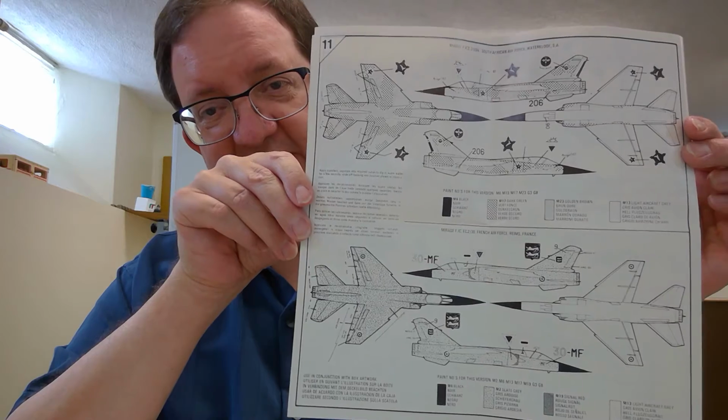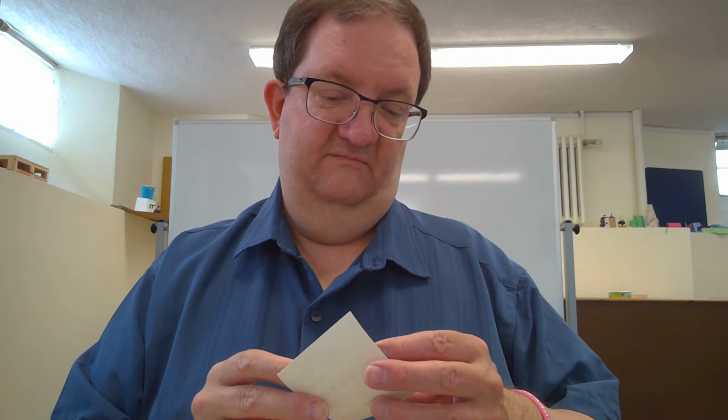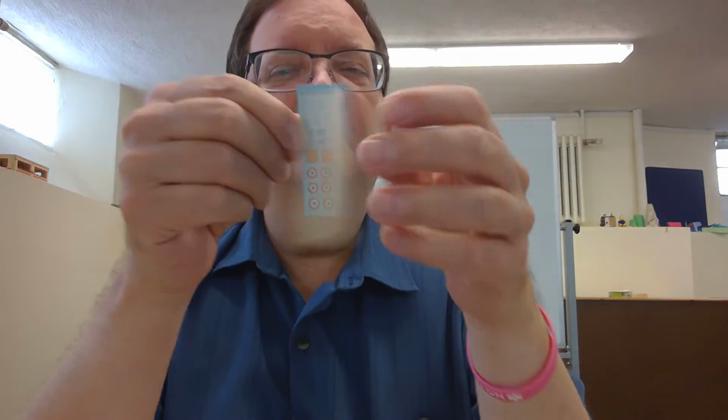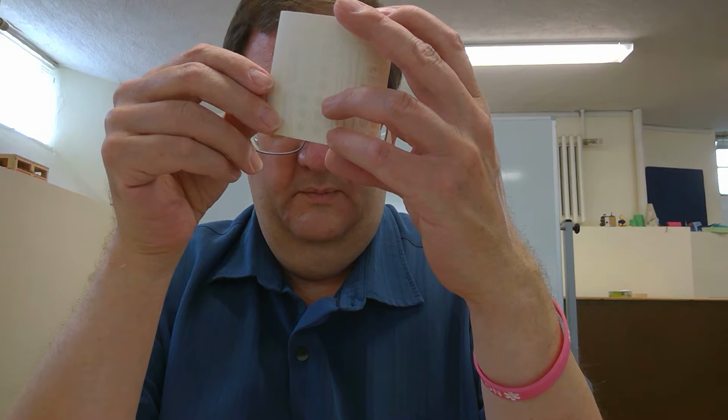And then we have the painting guide, which could be a little bit better, but for the 80s it's not too bad. With this kit you have a version for the South African Air Force, probably the early 80s, I'm guessing, maybe late 70s, and there's a French Air Force plane from Marines France as well, which is in a blue-gray color. And then we have the decals, which are not terrible. I found them slightly off register and leaving a little bit of detail to be desired. I guess they're okay, but